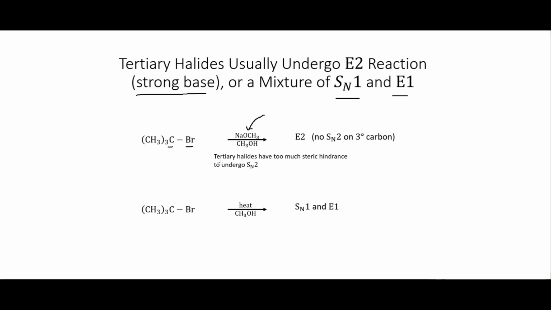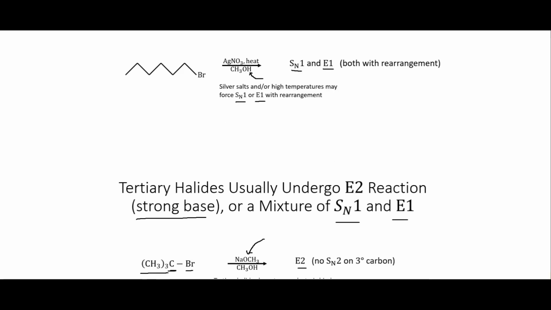The tertiary halide is going to have too much steric hindrance to undergo the SN2. This carbon right here has too much steric hindrance with these methyl groups on it to have the nucleophile come and attack that. And so this is actually going to favor the